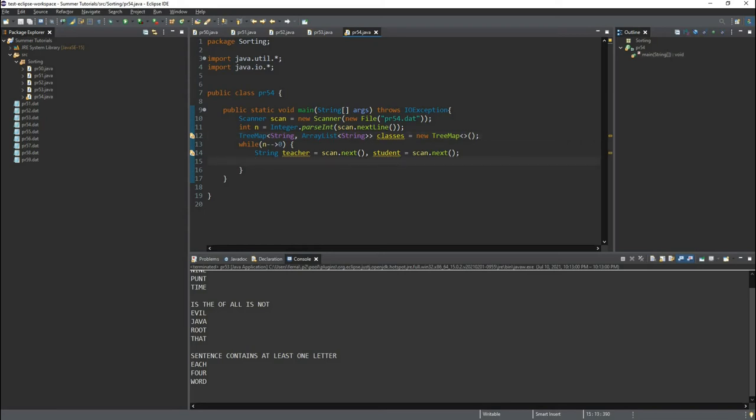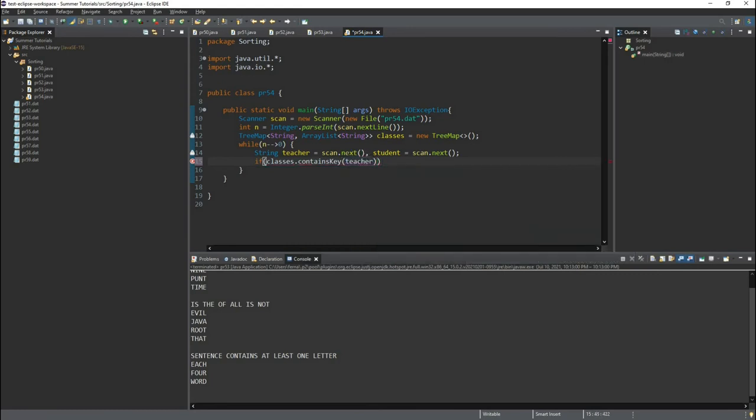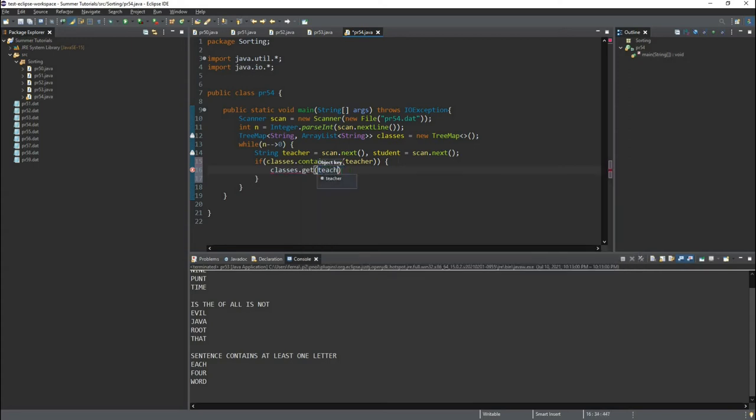Okay, so we take in a teacher and a student. We want to see the teacher, right? So if the teacher is not already in the classes tree map, then we want to add a new entry for that teacher. We need to create the key if it doesn't exist. I think Mr. Fenolio has a better or more clean way to do this, but this is the most basic and intuitive way. So you say if classes dot contains key teacher, then we just need to get the array list and add the student on. So we'll say classes dot get teacher dot add student. That'll get the array list of the associated teacher and then add the student to the end of that array list, right? Otherwise, so we'll say else,